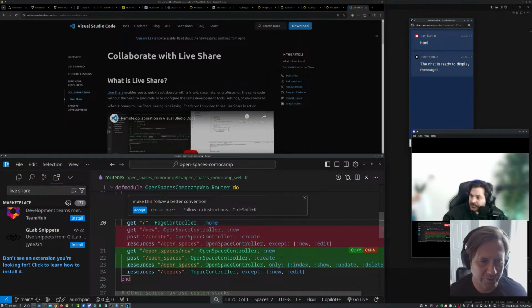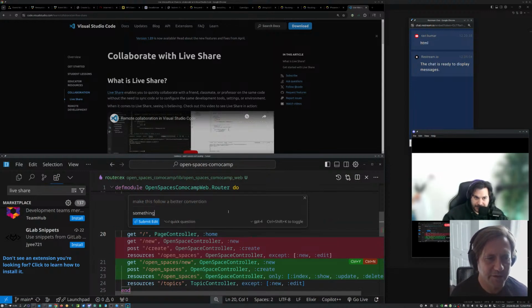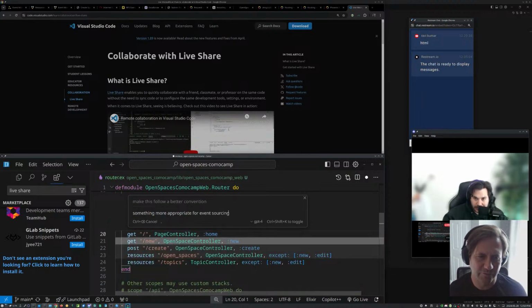And you can say yes or no to the things it suggests, or you can say, something more appropriate for event sourcing. They can follow up and they'll do further refinement.